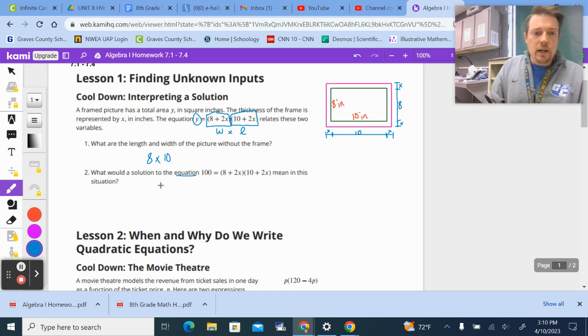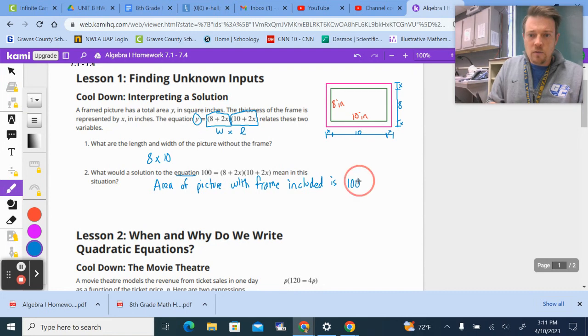Okay, so we could say that the area of the picture with the frame included